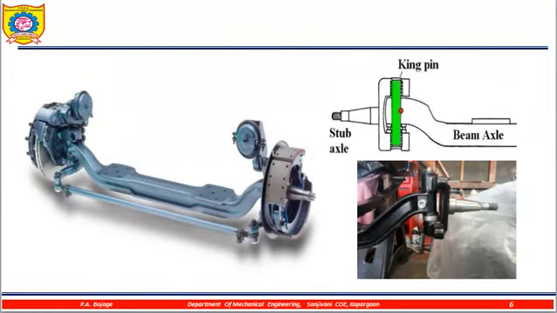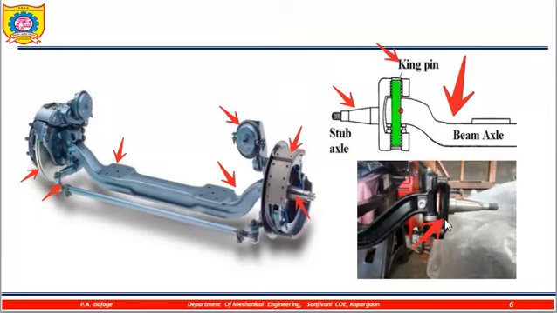Here again a little actual views of axles. So this is the main section, this is the steering mechanism, this is the disc of the disc brake. So these are the air pads for air braking, these are the brake liners, this is the stub axle, this is the main I section axle. Here again beam axle, kingpin for mounting of the stub axle and the actual photograph of the stub axle and the I section.